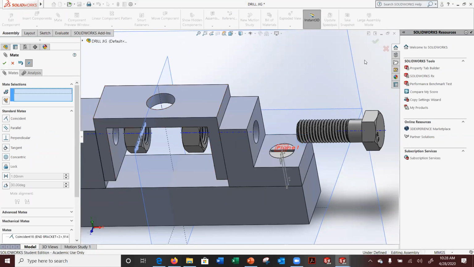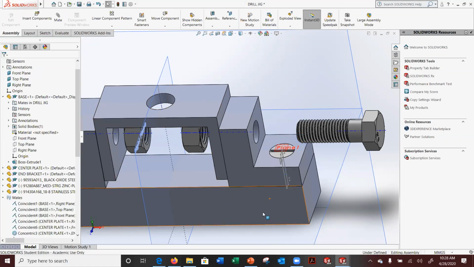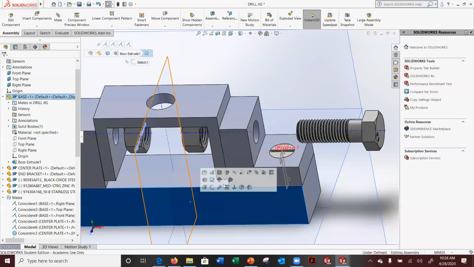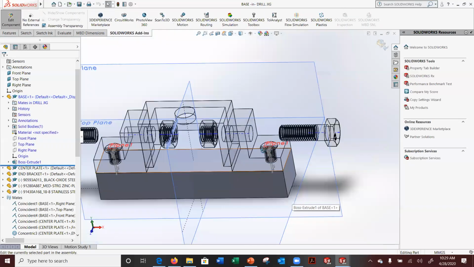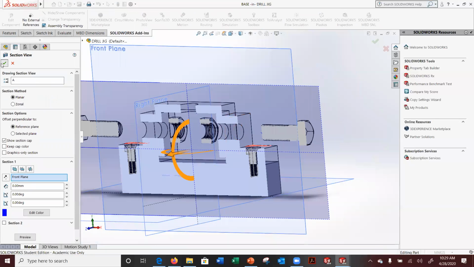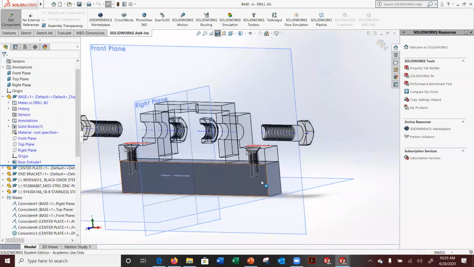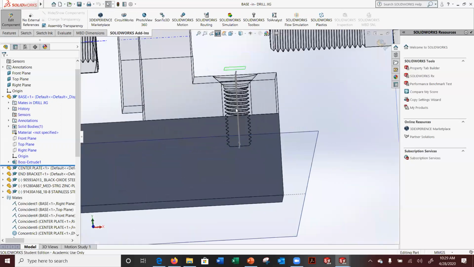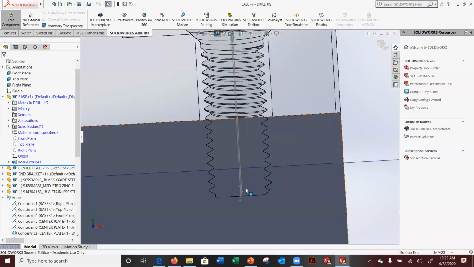I hit OK because I need to know where a couple things have to go. So I've got to edit that part in place. I'm going to go ahead and slice it. I hit OK. That way I can see exactly where my problem is. So if I look back at my assembly,